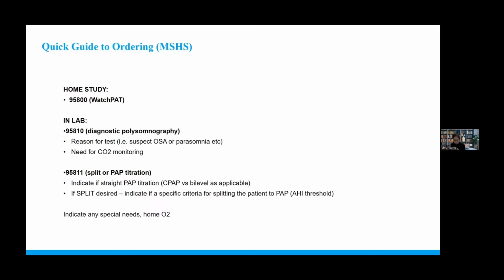Actually, it technically has to be PAP. But you could send a patient in for diagnostic and or appliance efficacy testing, for example, but you wouldn't use 95811. So 95811 is if you want to do a split, part diagnostic, no PAP, and part of the night on PAP, and most importantly, you want to specify the criteria for moving the patient over from the diagnostic mode to putting them on PAP.